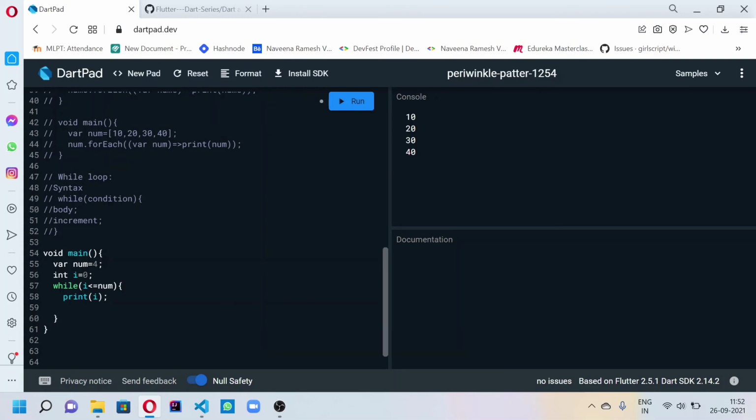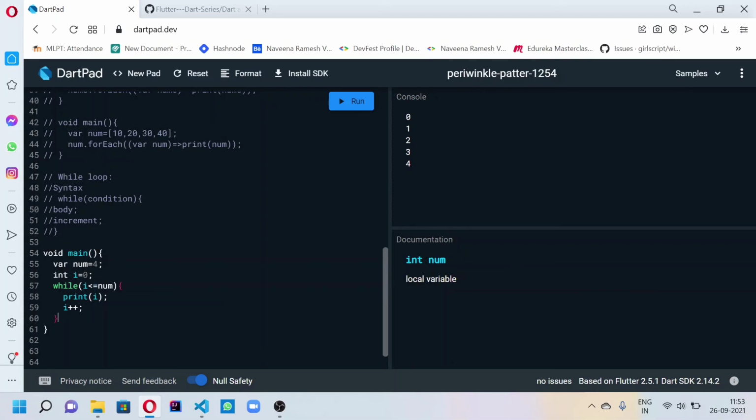After the body of the loop, we have to give the increment value. Now it will print from 0 to 4. Since I have given the equal to operator, which we saw in the relational operators, it will check whether i is lesser than or equal to num, where i is 4 and num is also equal to 4. It will print the 4.